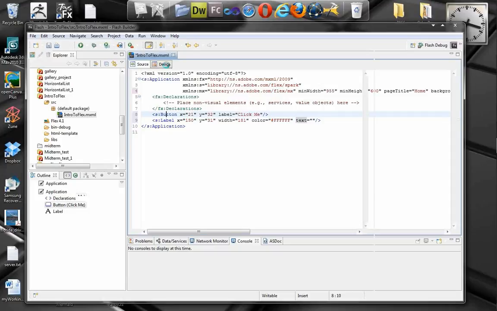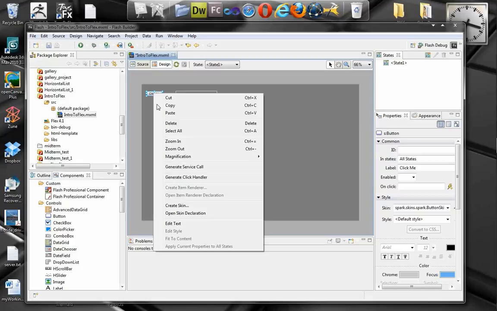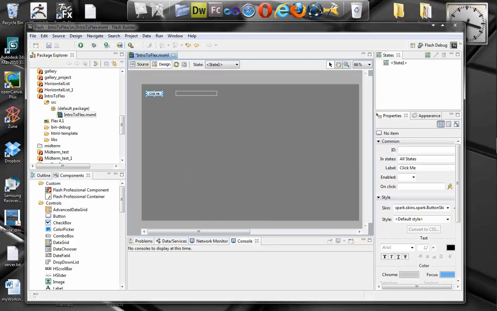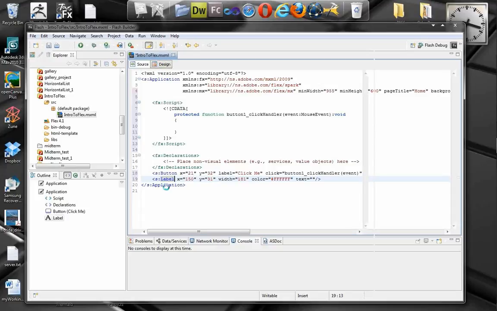So actually with Flex 4 the coding is made very simple for us. We can double click on a button here and change the label, or we can right click and generate click handler. Yes, look at that, the program wrote all the code for us. And here we can actually make something nice happen with our label. In order to make that, we should give it an ID. Okay, there are two ways to give it an ID. First of all,